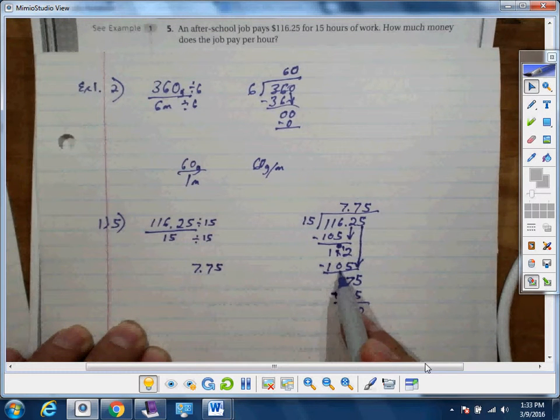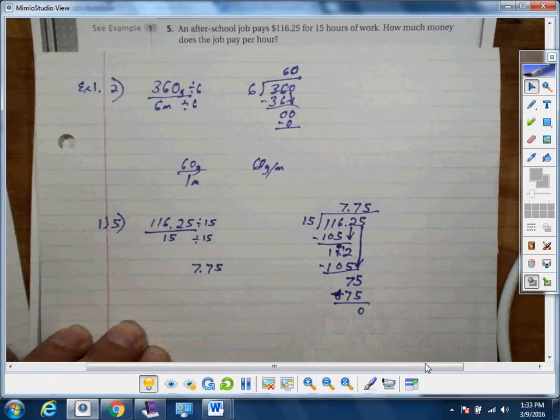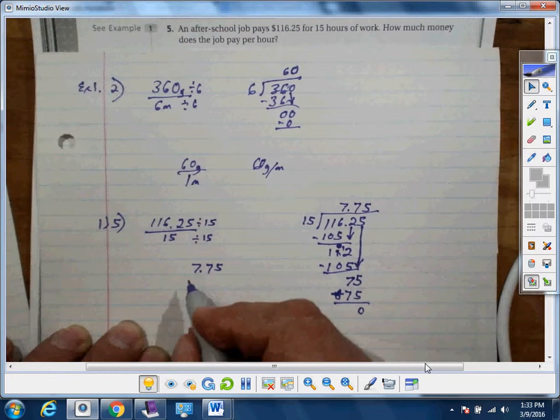That is 105. That's 112. Can't see it well enough? I could zoom in. Would you like me to zoom in? Okay. Got it. So that's now